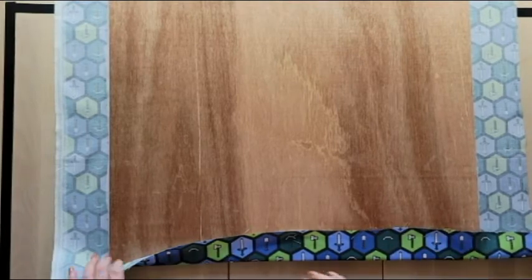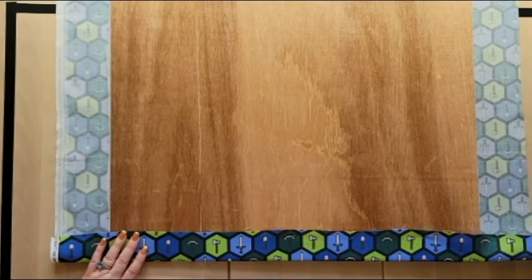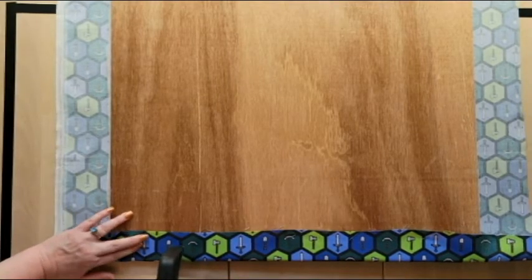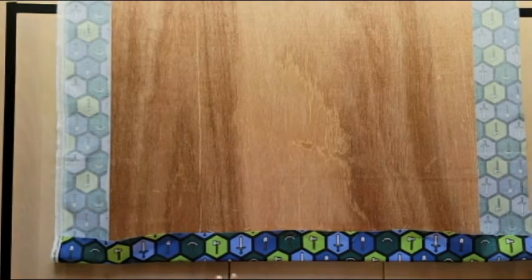Okay. This particular fabric, if anybody is wondering, I got from Sewers Club. I went online with my coupon that I got in the November box, and I bought some of this fabric. Alright, so